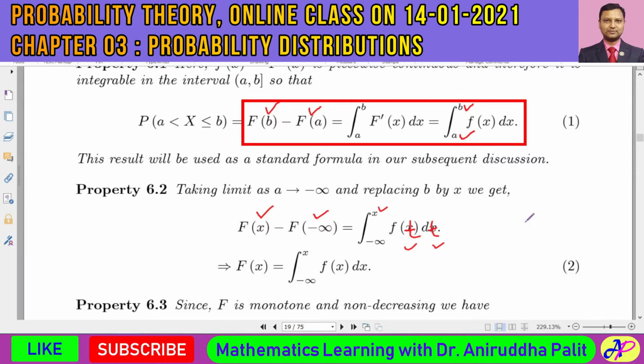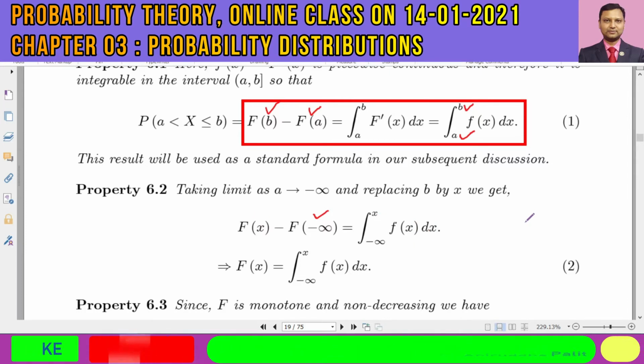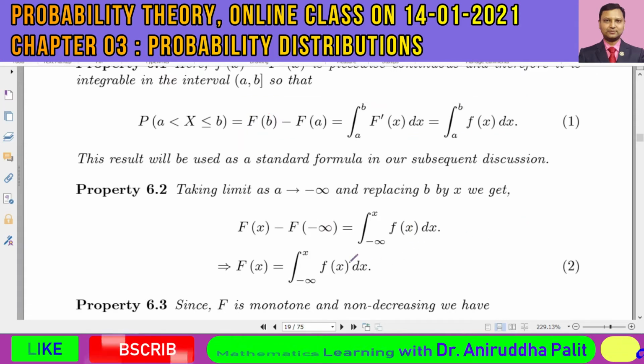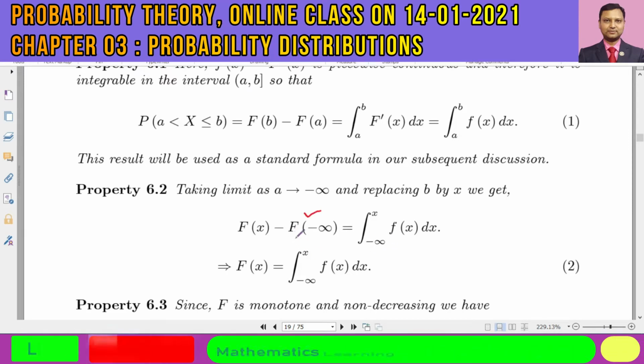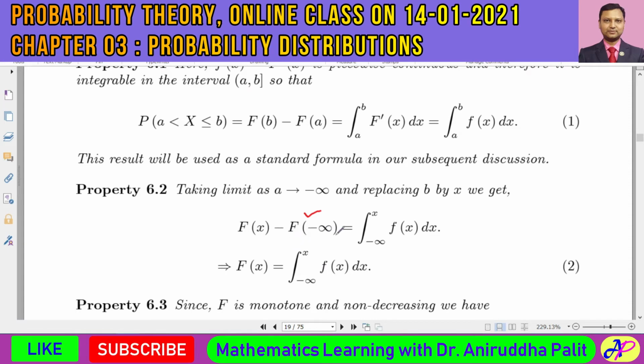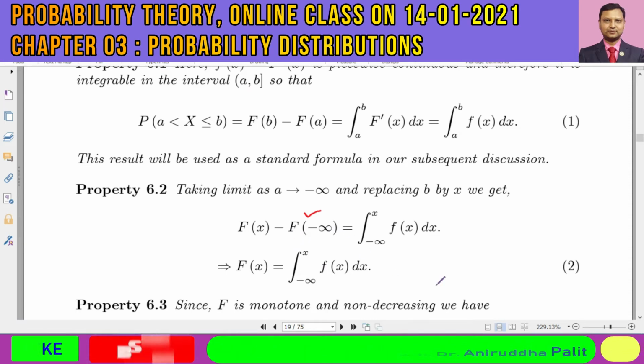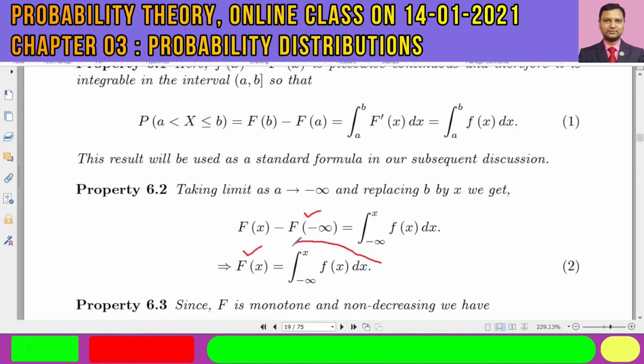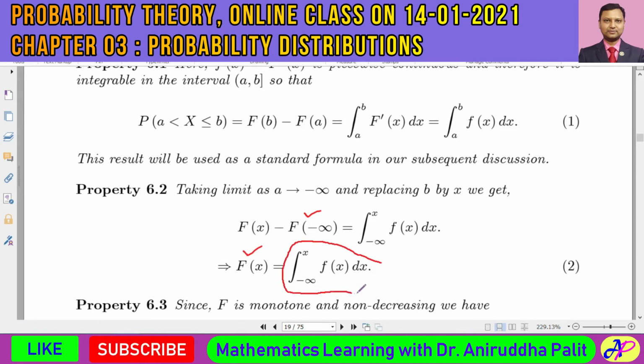Got it? So we don't write to different notations. We always write it in this fashion, that F(x) minus F(infinity). And what is F(infinity)? We know that not F(infinity), F(minus infinity). What is F(minus infinity)? F(minus infinity) is equal to 0. That is actually the property of a distribution function. Therefore, we can now write this F(x) is equal to the integral from minus infinity to small